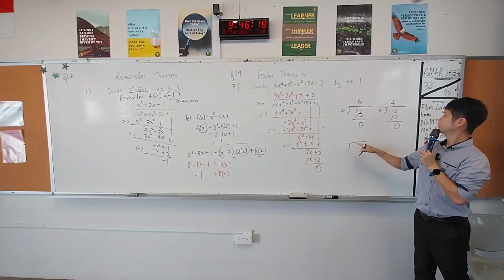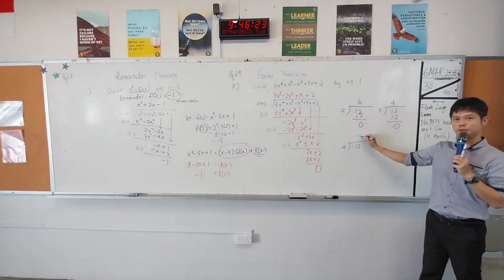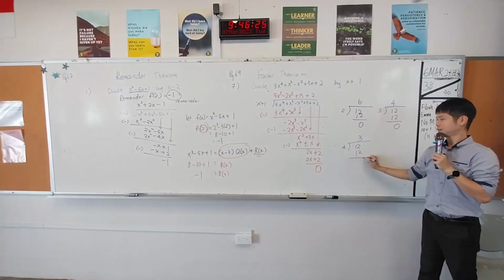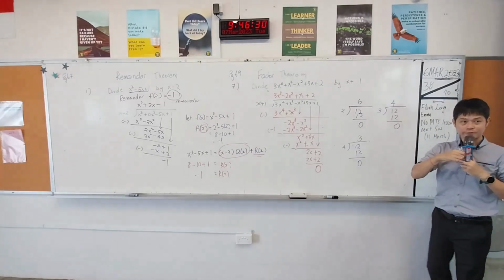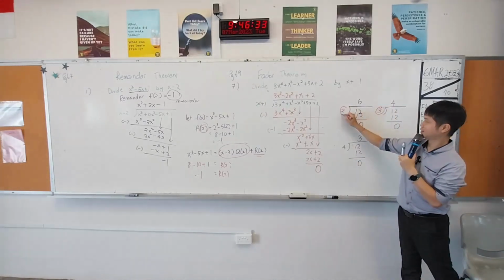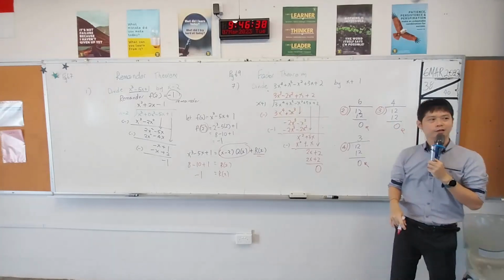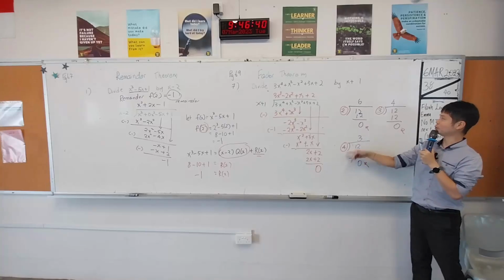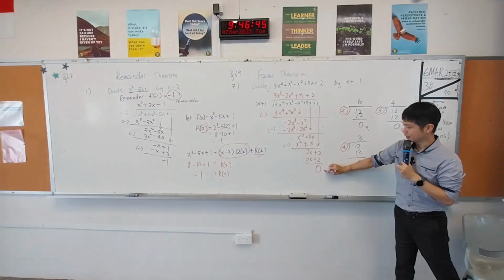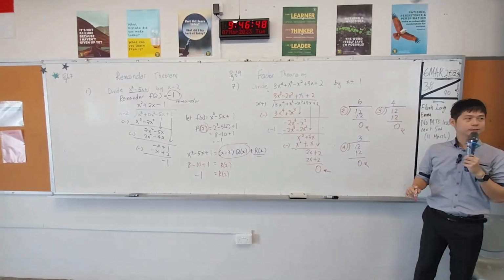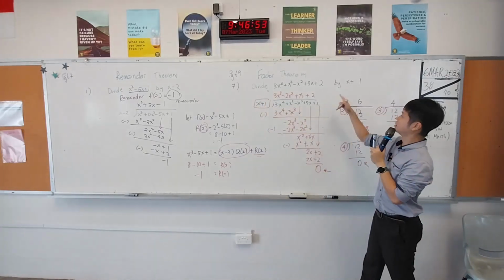I divide by 4. For the quotient, 3. What's the remainder? 0. And so on. What's so special about this divisor if my remainder is 0? Can you see that 4, 2, and 3 are factors of 12? So when the remainder is 0, we can say that x plus 1 is a factor of